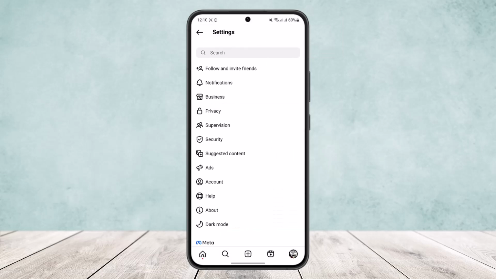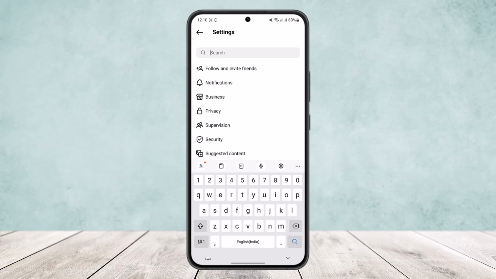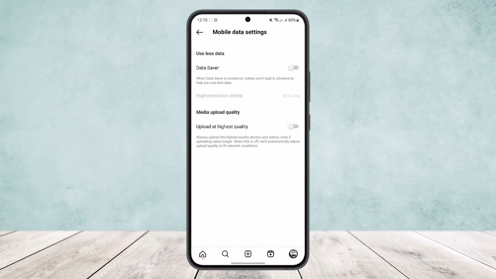Now here, since Instagram has hidden the settings, what you want to do is simply head over to the search bar and then search for data usage. Now search for mobile data use. You can see the option right here. Now you'll find the option data usage or mobile data use on your device, depending upon your Instagram app version, and here